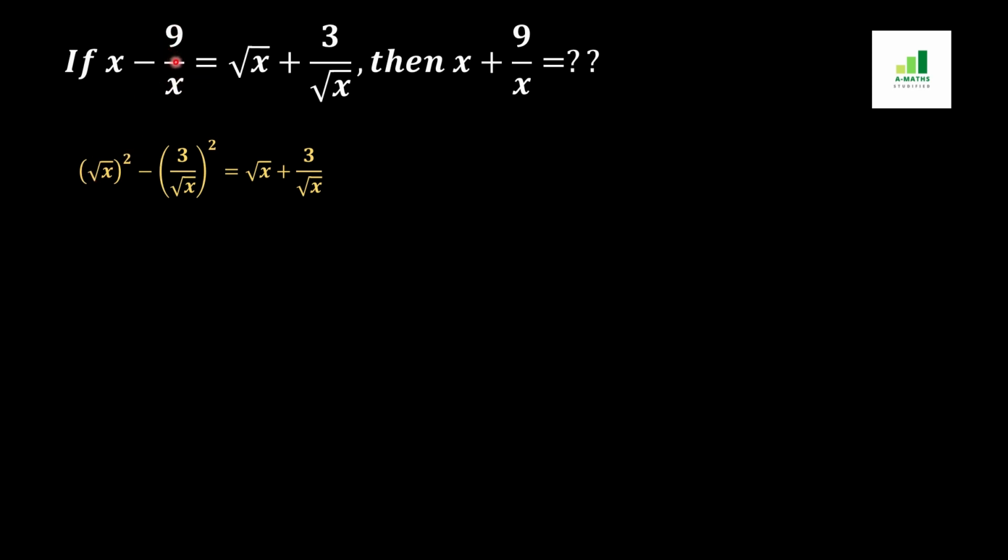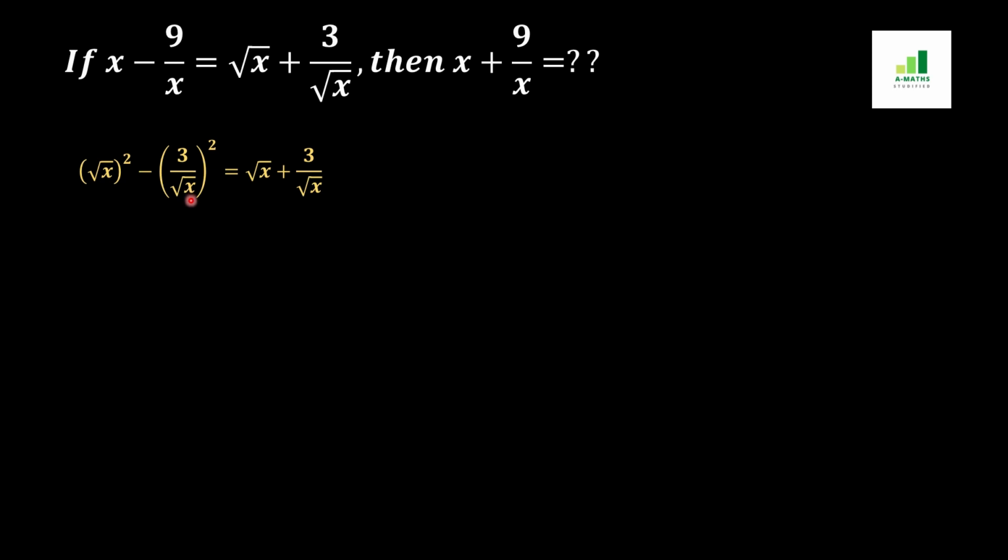And I can also write this 9 over x as 3 over under root x, whole squared. After changing this value into a square form,